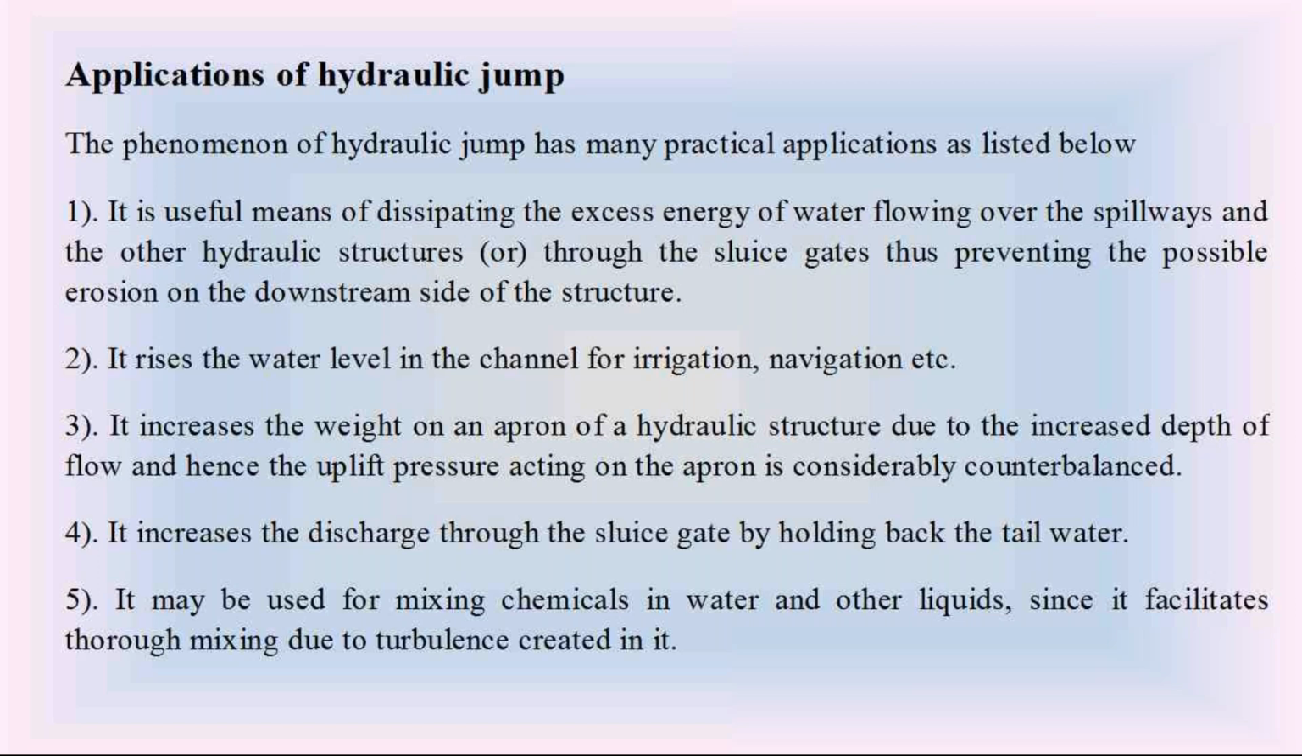Once this hydraulic jump is formed on the apron, that hydraulic jump applies downward force on the apron, so it reduces the soil pressure on the aprons. So the aprons are not subjected to damages due to that soil pressure. So this hydraulic jump reduces the damage on the aprons due to soil pressures. Then the next one is it increases the discharge through the sluice gate at the backside of the sluice gate. And the last one is,